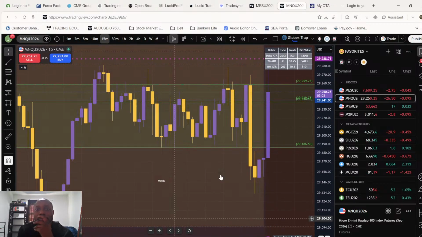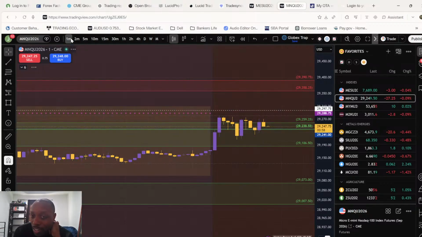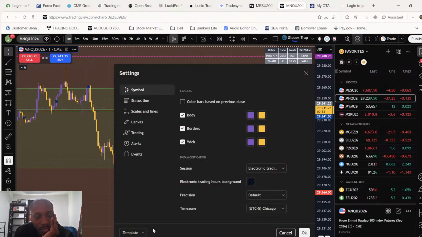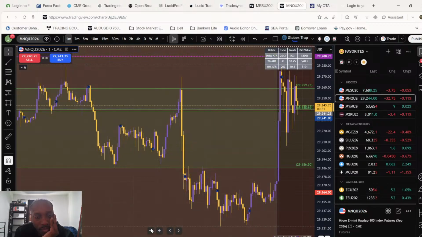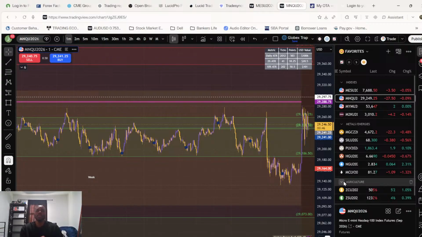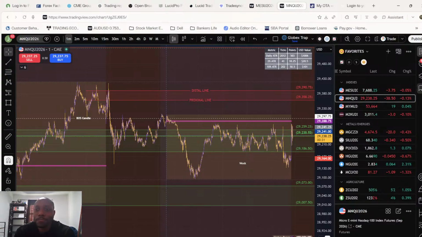Yeah, this is too much consolidation. These are the charts that mess me up. I just want to stay away. Stay far away. Until there's a clear and concise direction. And I'm not seeing that right now.